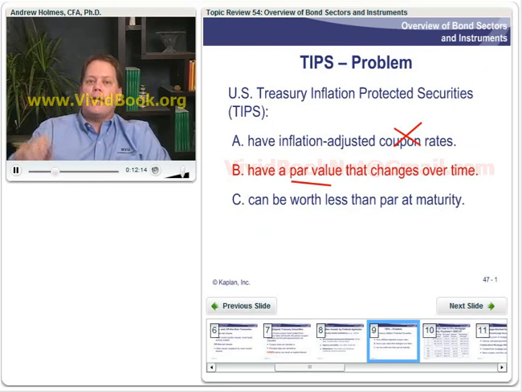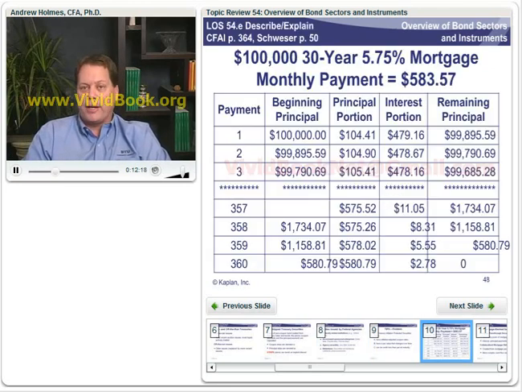Let's look at an amortization schedule here in preparation for talking about mortgage-backed securities. So when we talk about a mortgage, this is the individual mortgage that you can have for someone who's buying a house. So a mortgage, of course, is debt issued where the security is real estate. So lots of different kinds of mortgages.